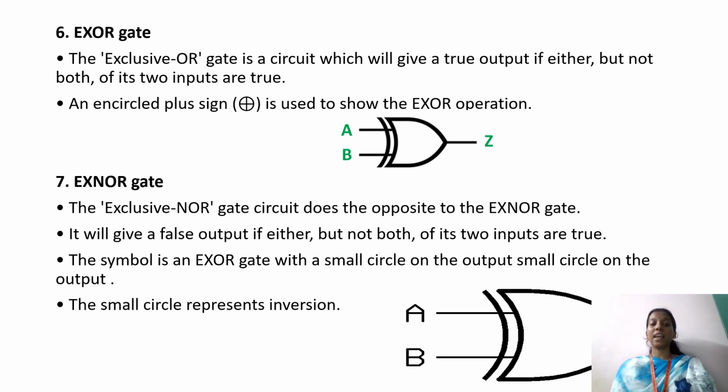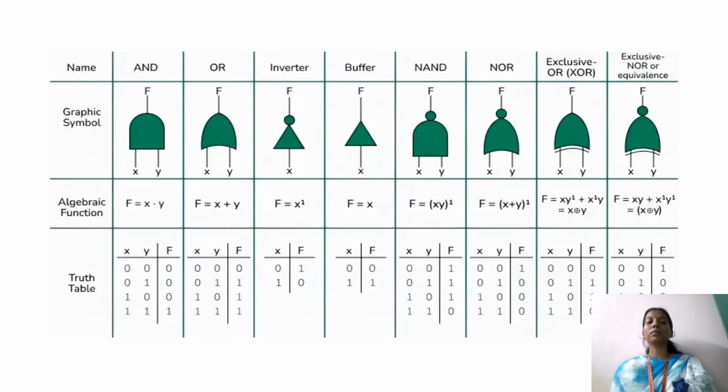Next is the XNOR, that is the exclusive NOR gate, which is the opposite of the XOR gate. It gives the true output if both inputs are the same. It is represented with a small circle on the output, and the small circle as usual represents the inversion. Next, this is a table of the truth tables, the algebraic functions and the symbols of